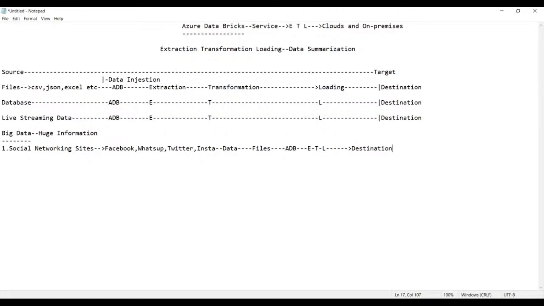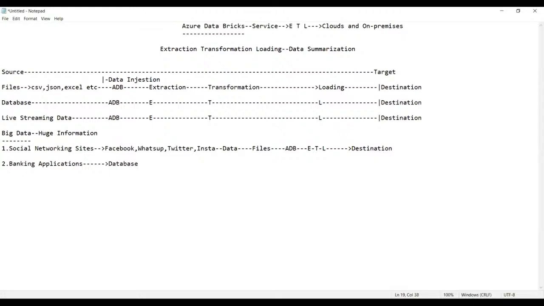Okay, guys, apart from this, we can also get the data from banking applications. From here, we pull in the data. Whenever you have banking applications, the data will be stored in the form of databases only.